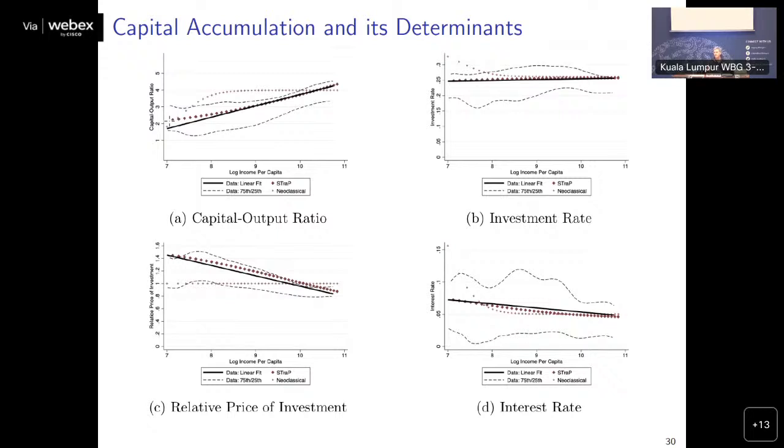So basically the low capital puts an upward pressure on investment rate, but then as the economy moves towards services, is that the one pushing it down, the investment rate? You mean this thing falling? No. So the gap between neoclassical and the red line. We know why capital would increase if you start with low capital. Yeah. But the thing that's creating this gap between these two is that you're moving more towards services. Is that the thing? And that's putting a downward pressure on investment, the capital output ratio?